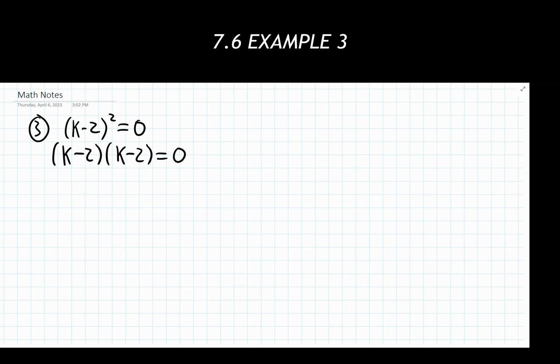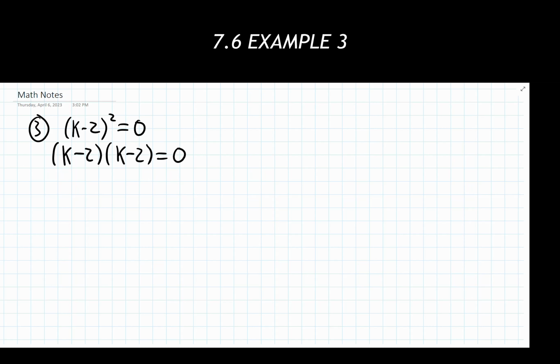But we can see now that when we expand this out from its original form, this thing is pretty much already factored for us. Everything's on the left-hand side equaling 0, and I have two things multiplying together in sets of parentheses. So looking at our process, step 1 is already done for us, and step 2 is also done for us.